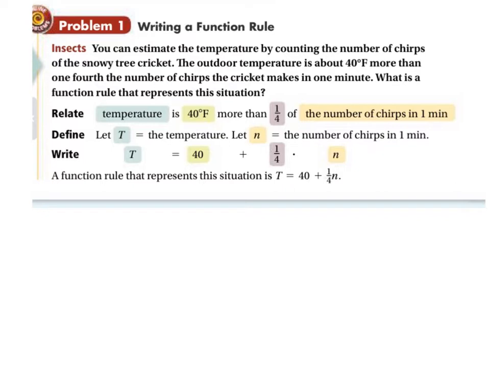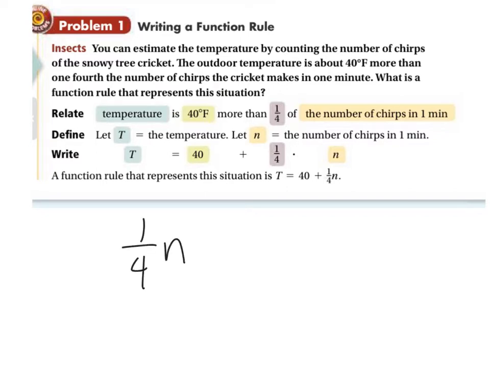Now something to think about as we're doing this is whether or not negative numbers make sense here. Because you can't have negative chirps. You can't somehow suck chirps back in. So that doesn't make any sense. And then we also have to think about what is the minimum temperature that this is applicable for. Obviously, if you have 0 chirps, you're at 40 degrees, and that's your baseline. So again, we have to think the number of chirps, so 1/4 of those,